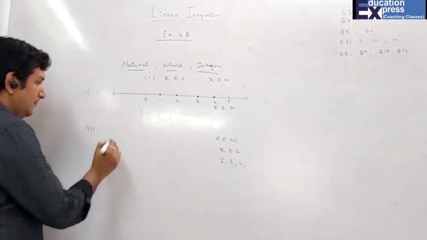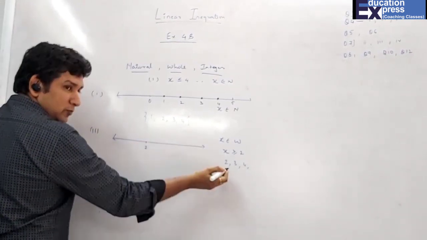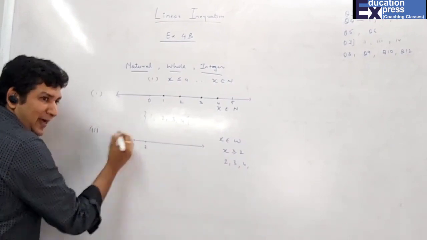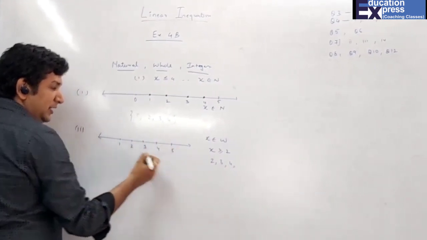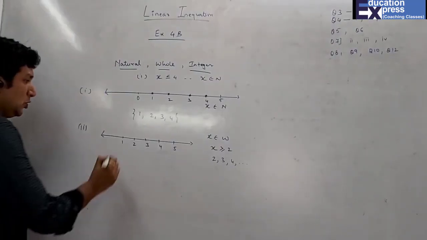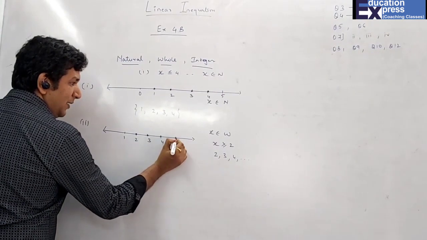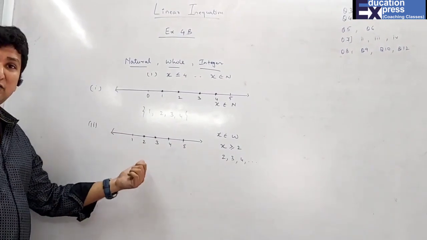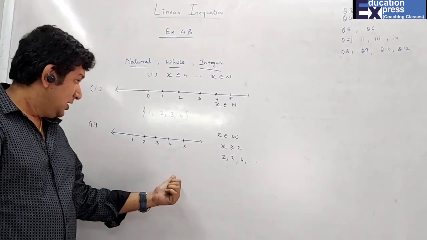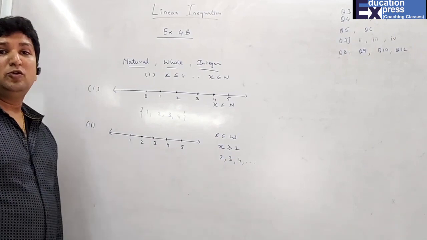So how will I do it? One thing I know is that it starts with 2. So here I start with one number ahead, and it is talking about whole numbers. So whole numbers are what? Only the numbers and nothing in between. That means whole numbers are only the numbers written over here. Anything in between cannot be considered a whole number.